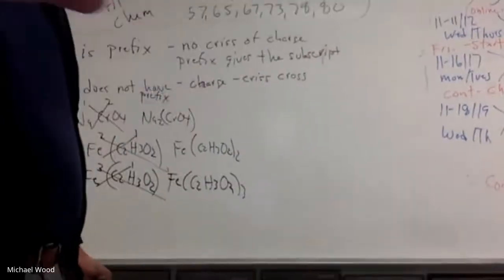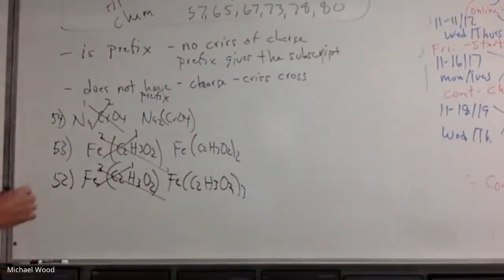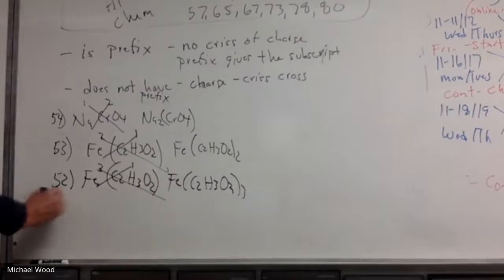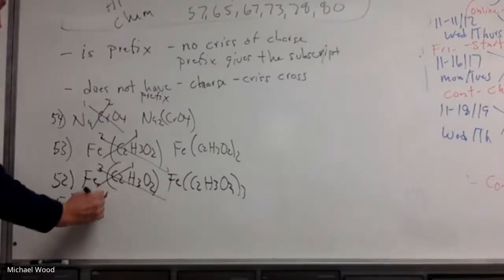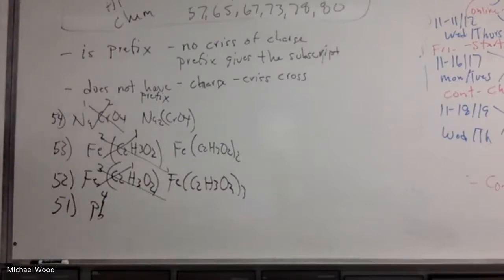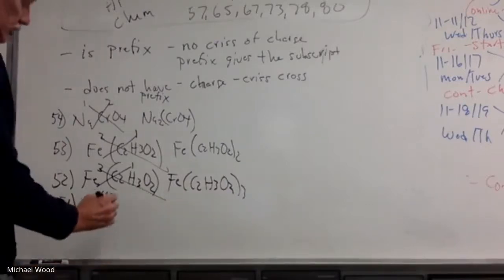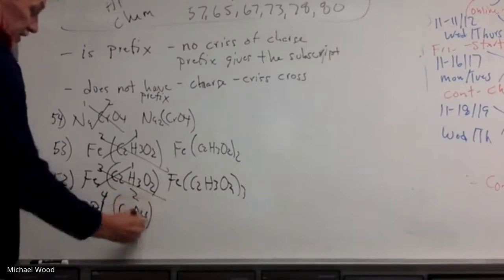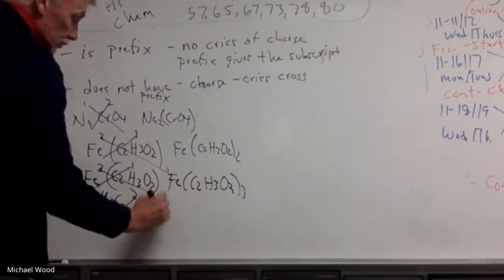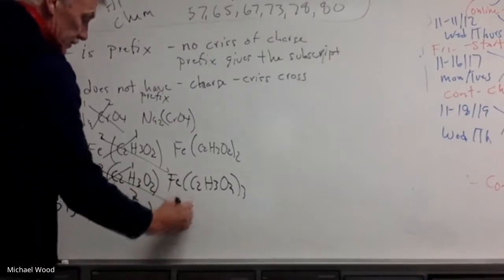51, lead 4 chromate. So again, there's no prefixes. So lead 4, and now it's kind of nice with a Roman numeral because that tells us the charge, and then chromate is a 2. And again, you need this in parentheses, so you crisscross this over. And if you write it like this,